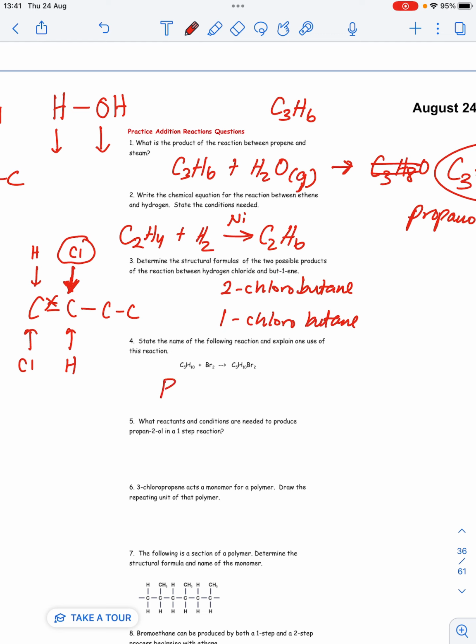Okay, number 4. The name of the following reaction and one use. Well, this is everybody's favorite. This is bromination. It is a type of addition reaction. And if you're just generically answering what kind of reaction it is, you could say addition. Bromination is a bit more specific, but oddly enough, sometimes not on the mark scheme. You might as well say both if you want to cover yourself. And the use is to distinguish